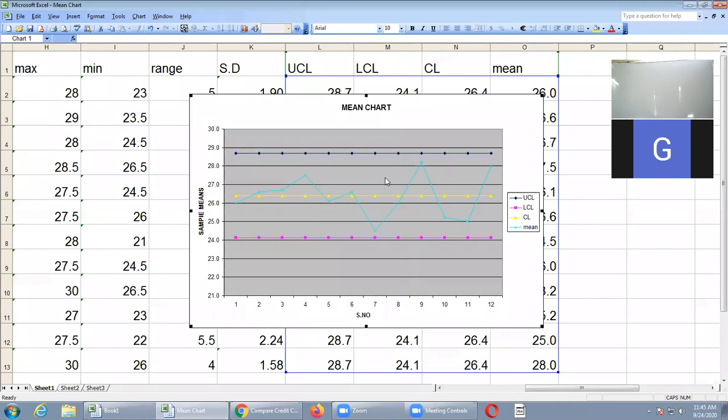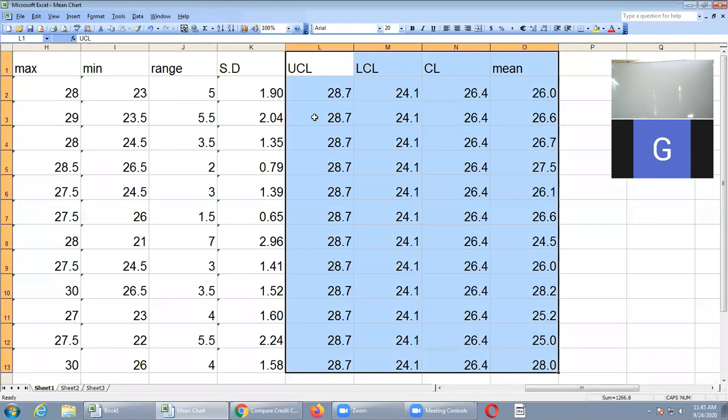So mean chart can be estimated by using range and also by using standard deviation. Now I will tell you mean chart where sigma is estimated with S. This one I have calculated, sigma is estimated with range R. Now I will tell you sigma is estimated with S. Again, same mean chart. You can do any one in the examination if you did not mention anything. Okay. So what I will do now, I will take standard deviation.